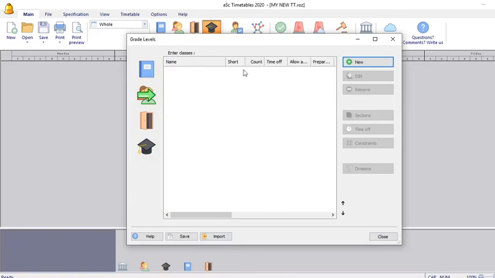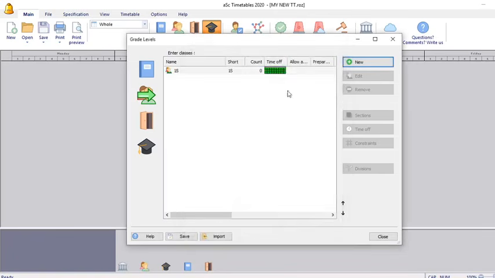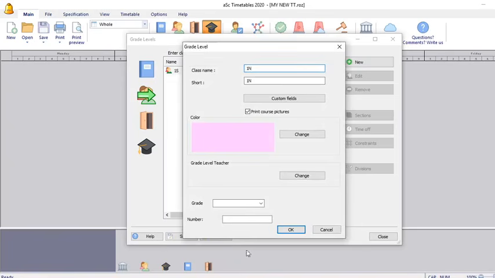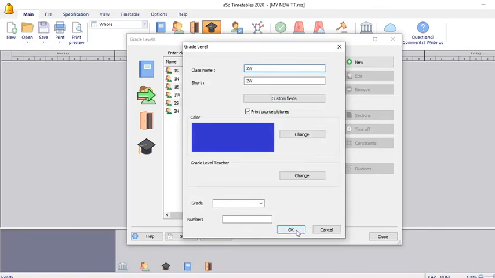Therefore, I can now enter the classes, and my classes, I can have Form 1 South, then Form 1 North, then Form 1 East, then Form 1 West, then Form 2 South, 2 North, 2 West, and 2 East. Then Form 3 North,